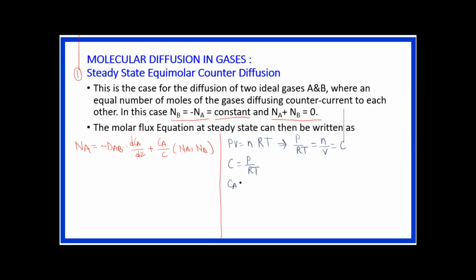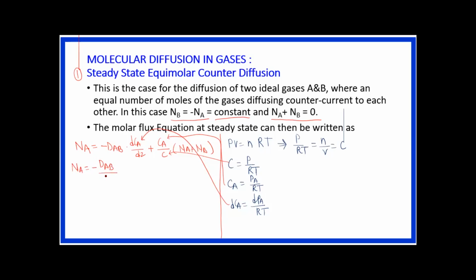Similarly, for the component A, we can write CA equal to PA upon RT. And in the derivative form, we can write dCA equal to dPA by RT. Now we can use these equations from this ideal gas law into this basic flux equation. So if you put this value of CA here and this dCA here, then we get the equation like this: NA equal to